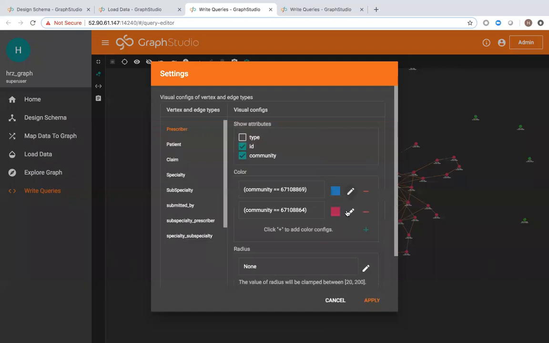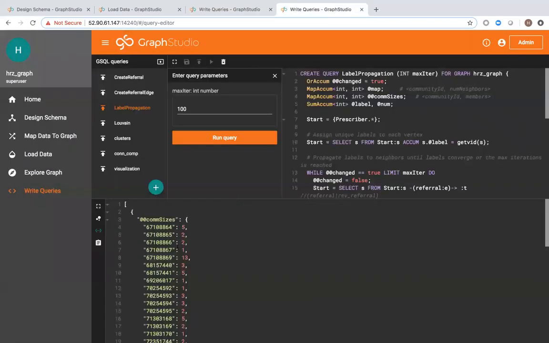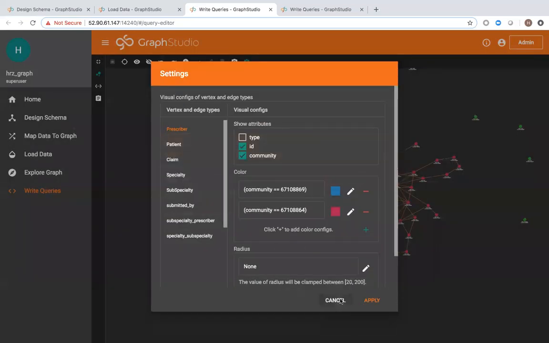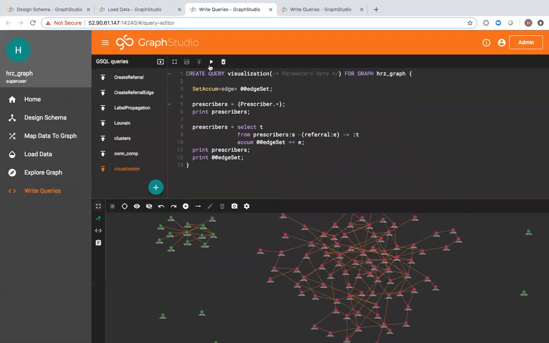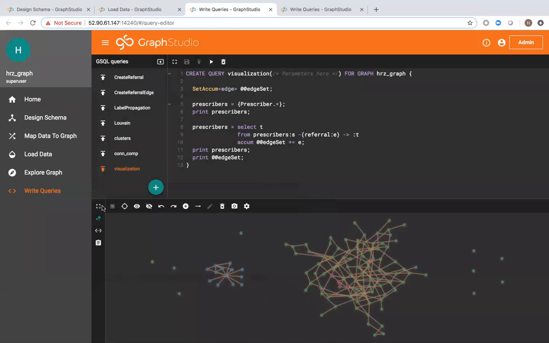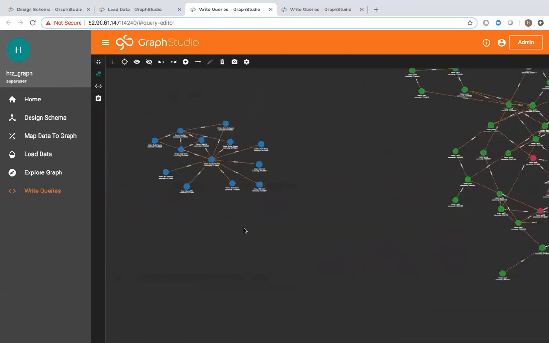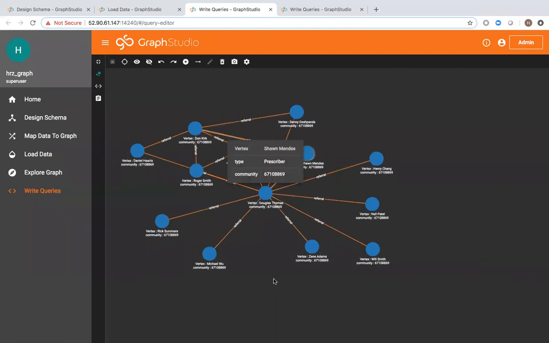Okay, this is fine. And the second one. Run this again. Okay. Then we can see that the previous cluster, this community, is still clustered together